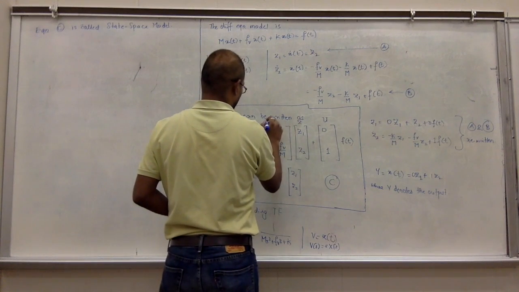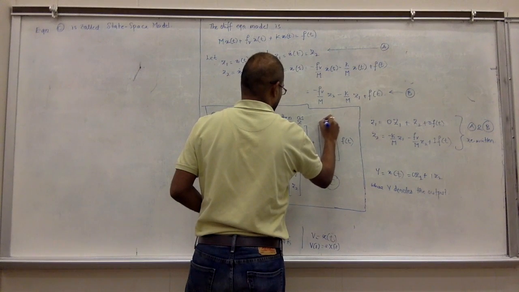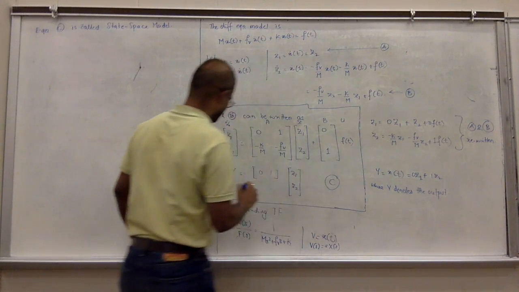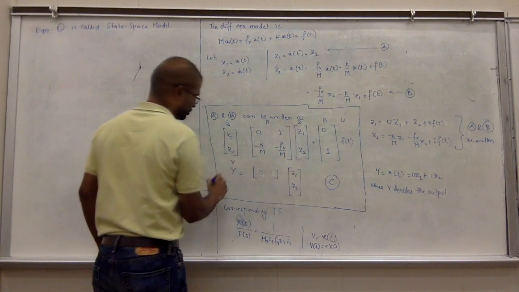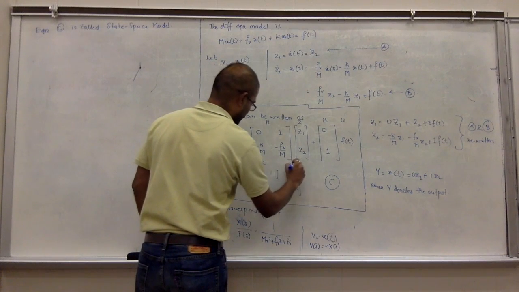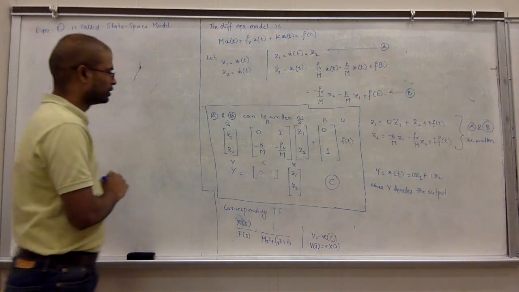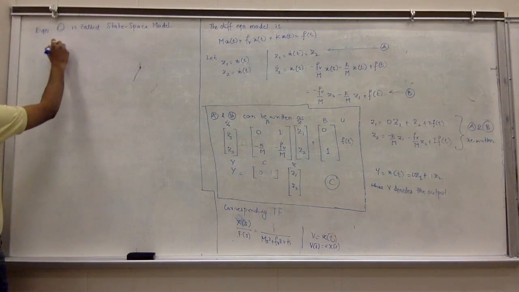This is A. This is B. This is U. And this just remains Y. C and Z. So this state space model is generally represented as